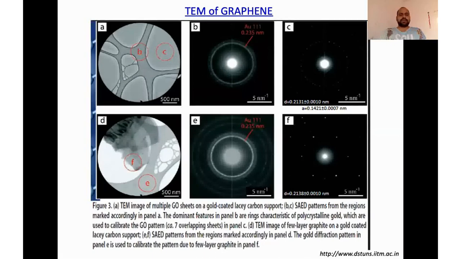Even if you see this picture, nothing is visible. It looks like no material is there. However, if we do selected area electron diffraction, we get a very clear indication of the graphene growth. See the first, again here we see these dots in the form of a circle, which shows the polycrystalline nature